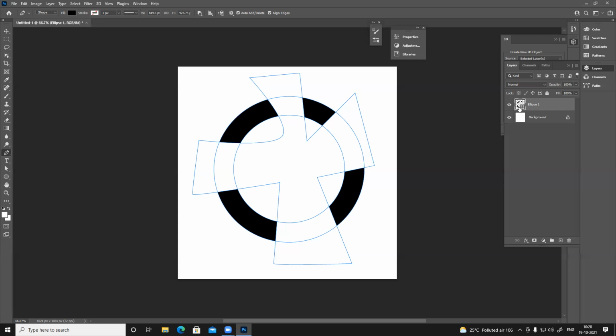So for printing, first of all colors: we use CMYK, we don't use RGB. Plus we use a higher resolution, minimum 300, if not more. And for billboards and all, it works differently because getting that kind of resolution is very difficult. You would need maybe a 100 megapixel camera for that. So what we do is use a 50 or 60 megapixel camera, and we blow up the image.